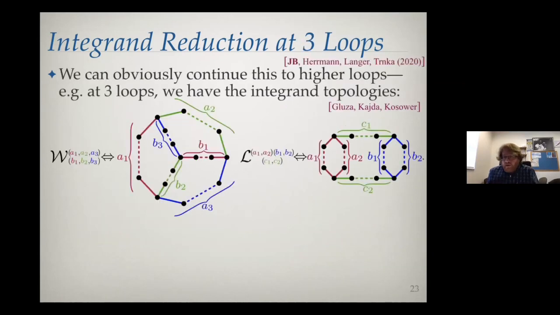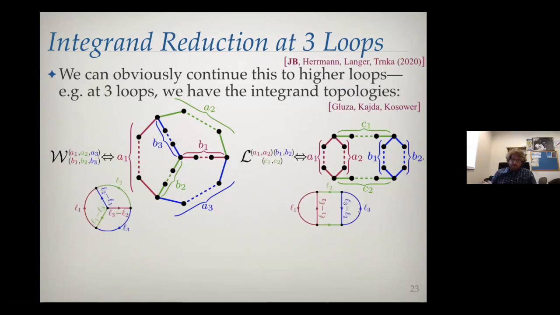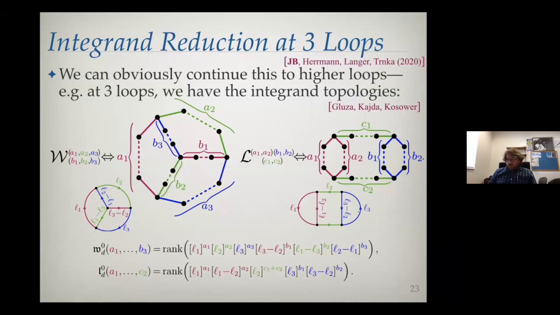And we can keep going to 3 loops. So at 3 loops, we have 2 different topologies. We don't need to choose a routing. I'm going to get back to that in a moment, but just for the sake of concreteness, here's an assignment of L's to these edges. And to do the same thing, to represent amplitudes in the standard model, we would need this many degrees of freedom, or would be the total ranks, and then we could recursively compute the irreducible ranks for every integrand topology